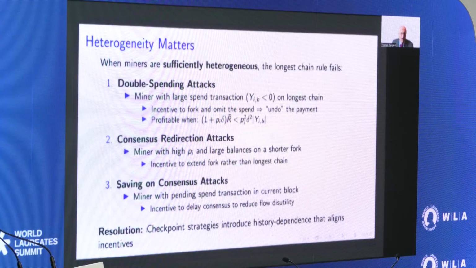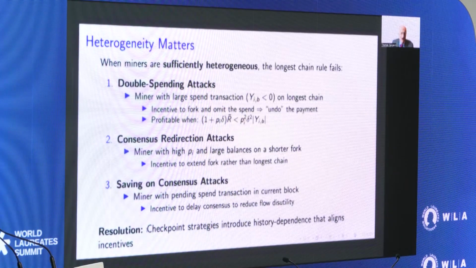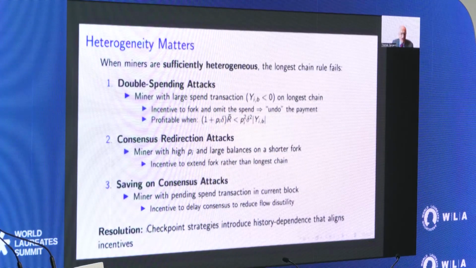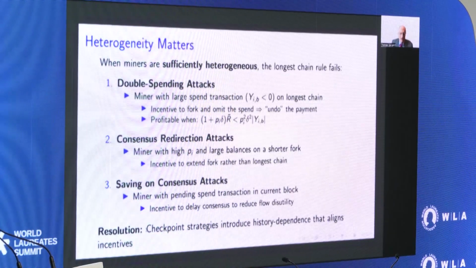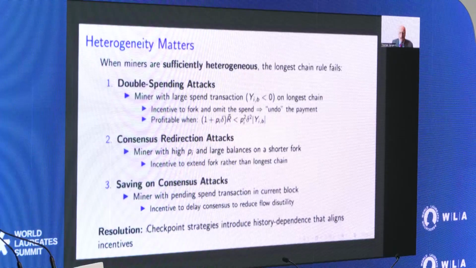So which type of people want to deviate? Their models will tell you, with this heterogeneity, that some types will want to deviate in some ways and some will deviate in other ways. So they have a model of these profit-maximizing malicious actors. I'm calling them malicious, that's my term, that are rendering the chain vulnerable, and their model will tell you which types these are. So what's their resolution? They're going to change the game.